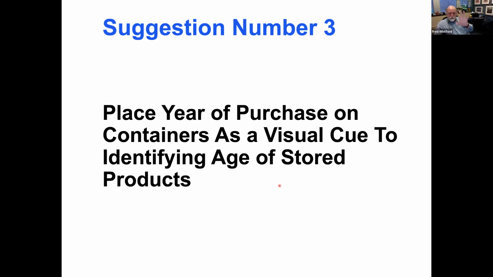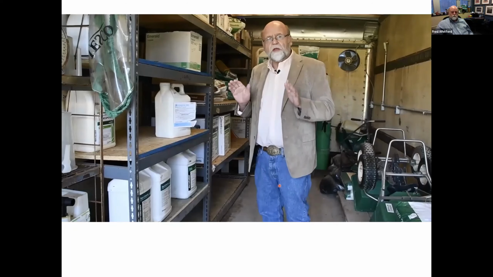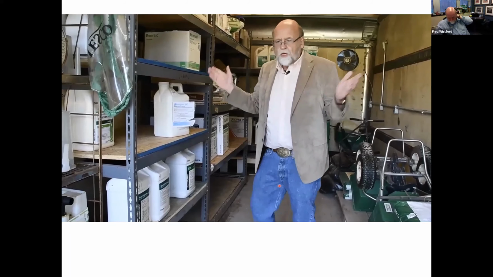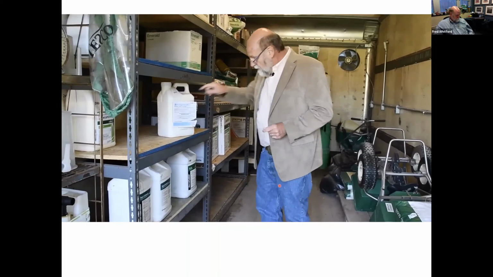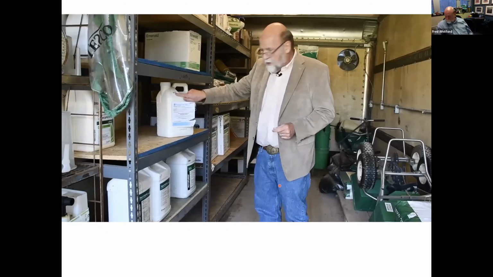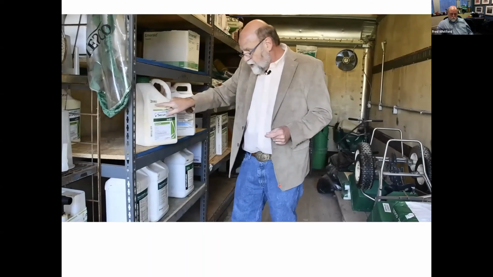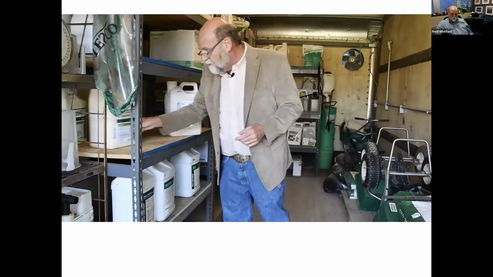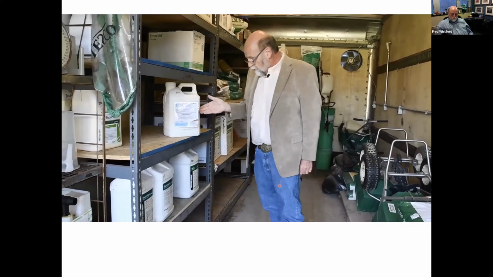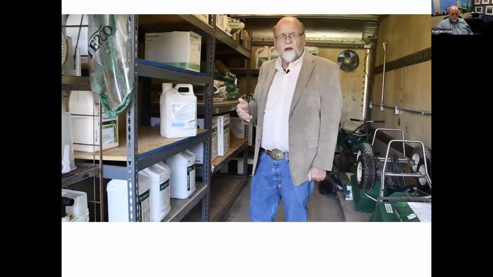A simple tool is just one of the things we could do is put a purchase date on it. Easiest thing to make sure that we stay within that 2 or 3 year limit. And again, we could say a 3 year limit for an expiration would be to actually do what they're doing here, which is to label their different products with the year that it was purchased. So I now know that these were purchased in 2020. And so I know that I've got a couple of years